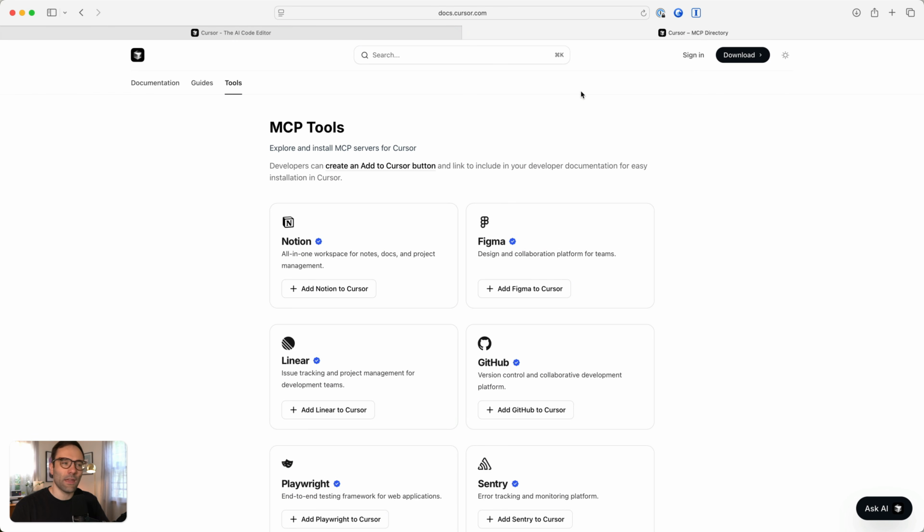And then we'll go into docs.cursor.com/tools. And in here, we have all of our MCP tools. These are kind of like plugins. And MCP, as I learn more about it and begin to understand it more, is essentially just like an open protocol that begins to specify or create a new standard of how context is passed from tools like Figma into